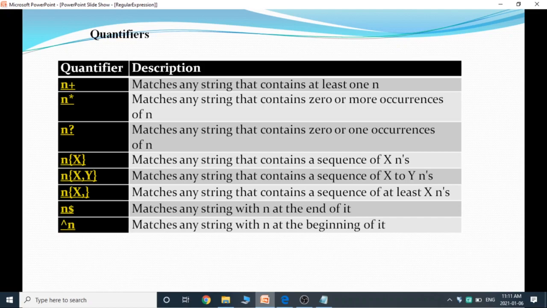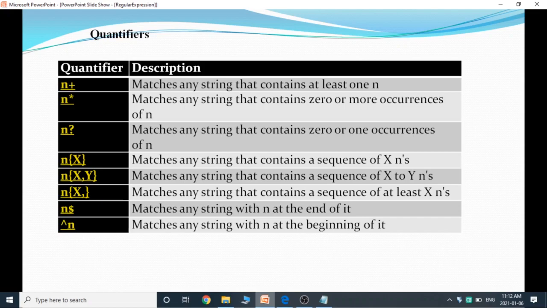With x and y, we use the quantifier n{x,y}. This matches any string that contains a sequence of x to y n's. Similarly, n{x,} matches any string that contains a sequence of at least x n's.